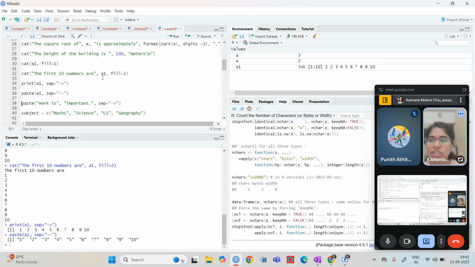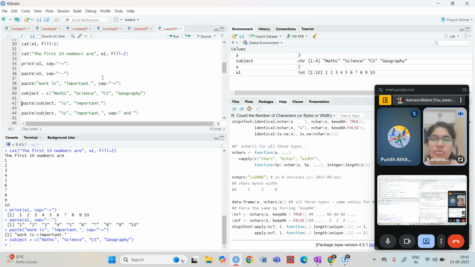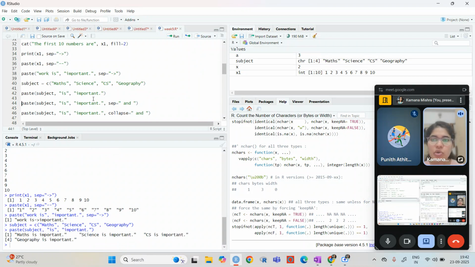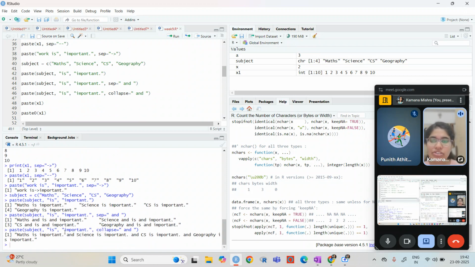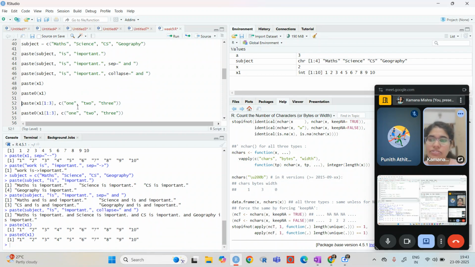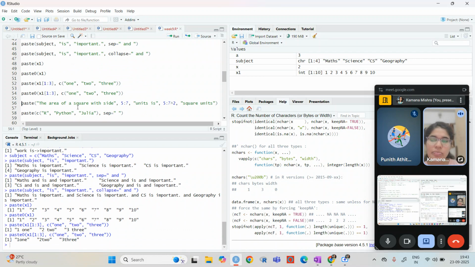And then we can use the paste function. We can see how the paste function works. If I give it a vector, then it will apply the separator to the whole vector. In that, if we want to combine, we can make use of the collapse argument. The difference is the collapse argument will work after the one sentence or whatsoever you have given is completed, whereas the sep argument will work after each and every point. Then we have the difference between paste and paste0. Basically, in paste0 there is no space.